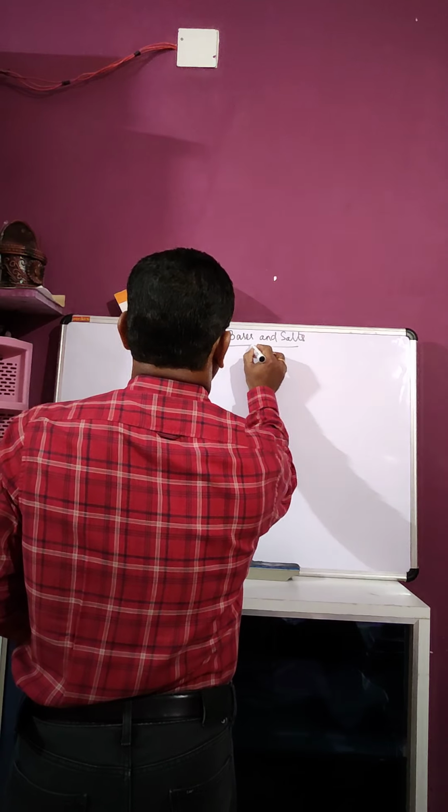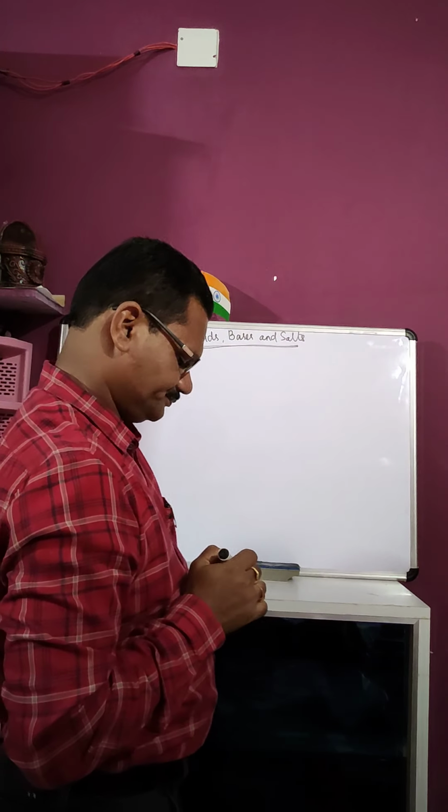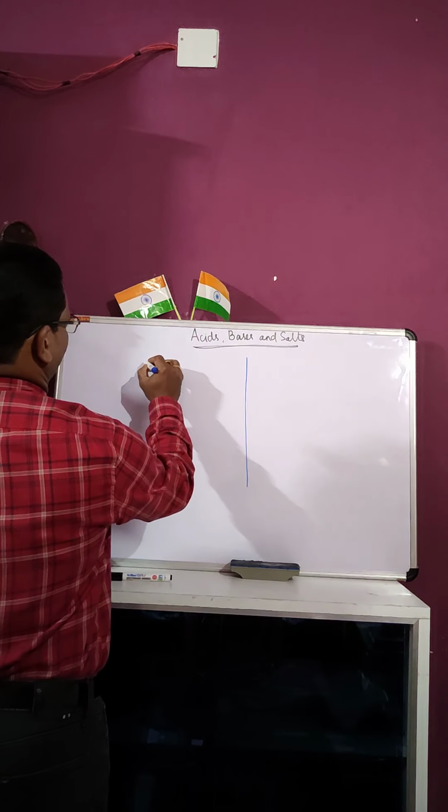This is acids, bases and salts. Now to the definition of acids. What is an acid and what is a base and what is a salt? What is an acid? Before going to the definition, let me make two groups of substances. Suppose